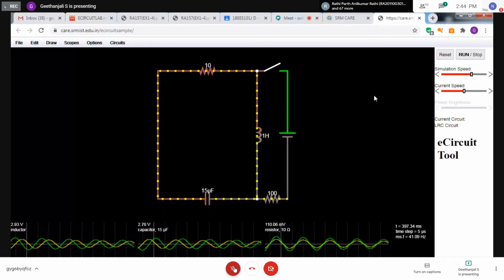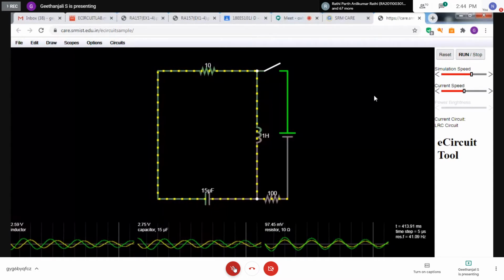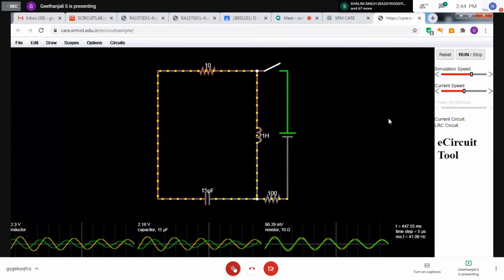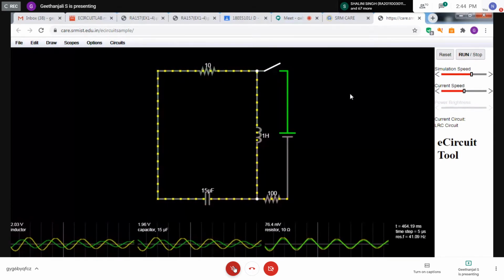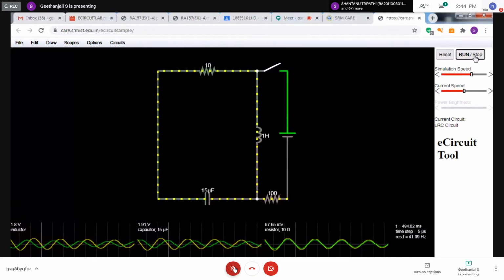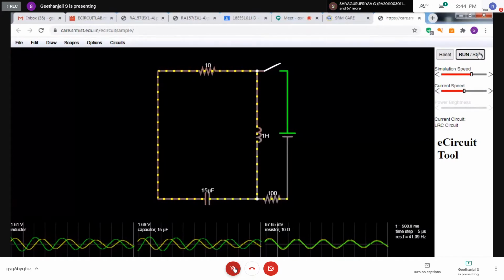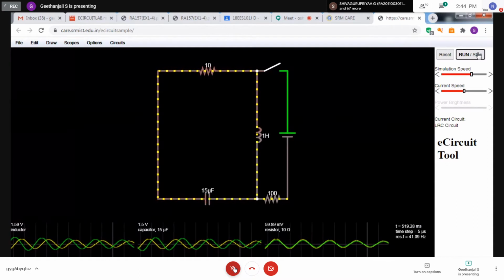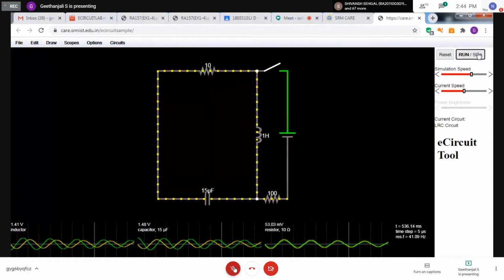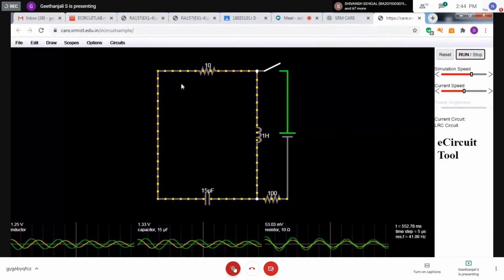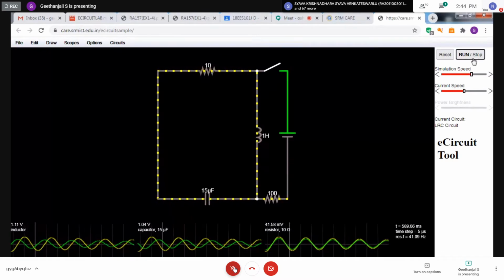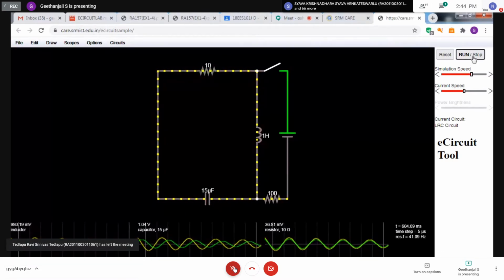So this only we are going to make for the first experiment. This is not the first experiment. This is one sample circuit, right? Then if you want to stop the simulation, you can stop. At the right side, you can see the run stop button. If you don't want to run the circuit, you can stop. To run again, you have to click. If it's running, these dots will be moving, right? That is the symbol to check whether the circuit is running or not.